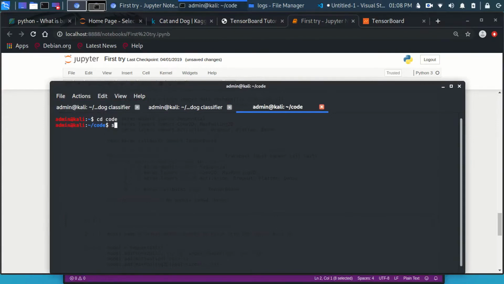Once I install Keras, because I believe that's the only dependency that's now missing, I run the model now, and